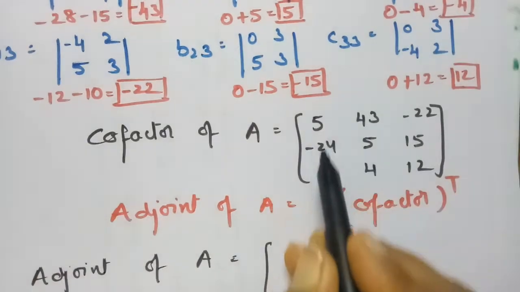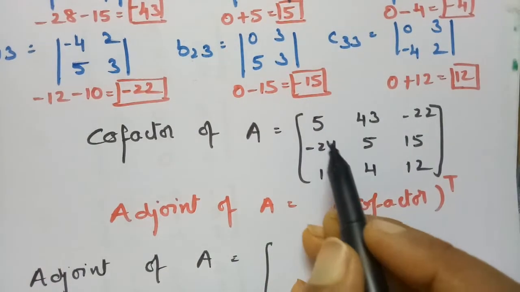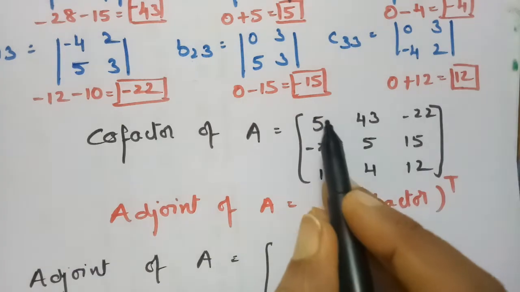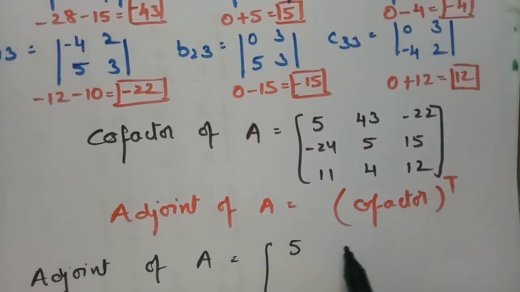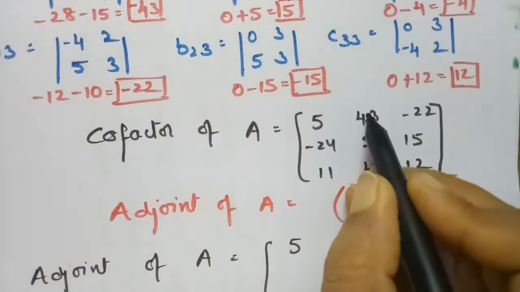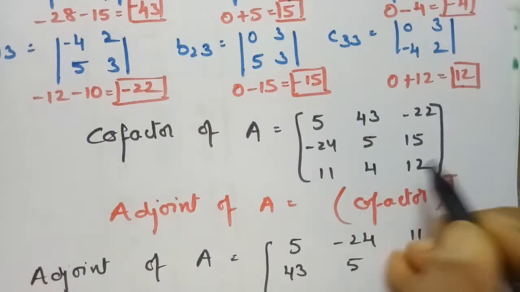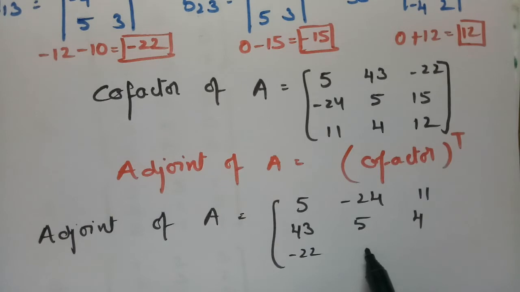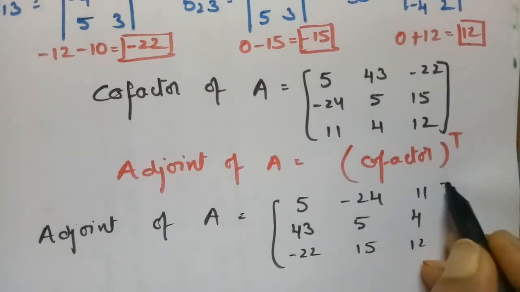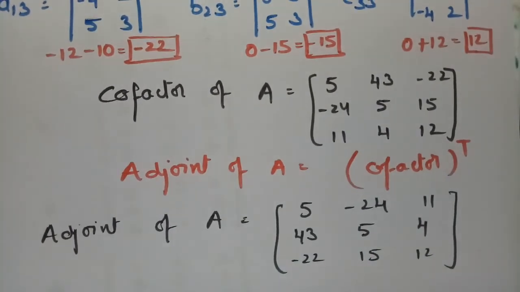now I have to transpose this. For transposing we have to change the columns into rows. So this is column 1, I am writing it as row 1. This is column 2, so this will become row 2, and this is column 3, I am writing as row 3. So this is 12. So the answer here is 5 minus 24 11, and 43 5 4, and this is minus 22 15 12,